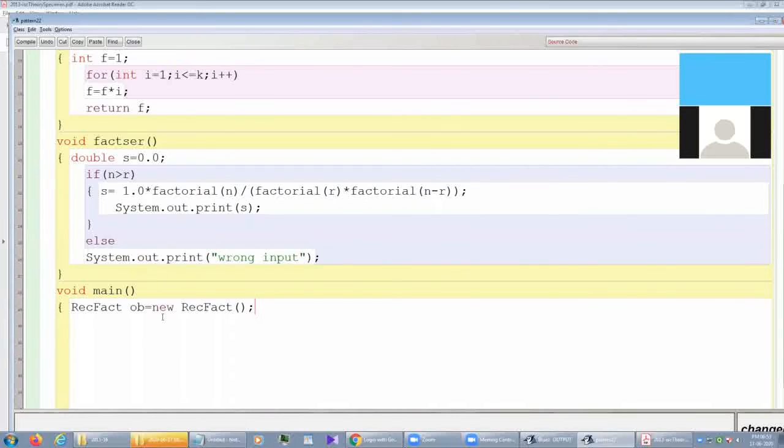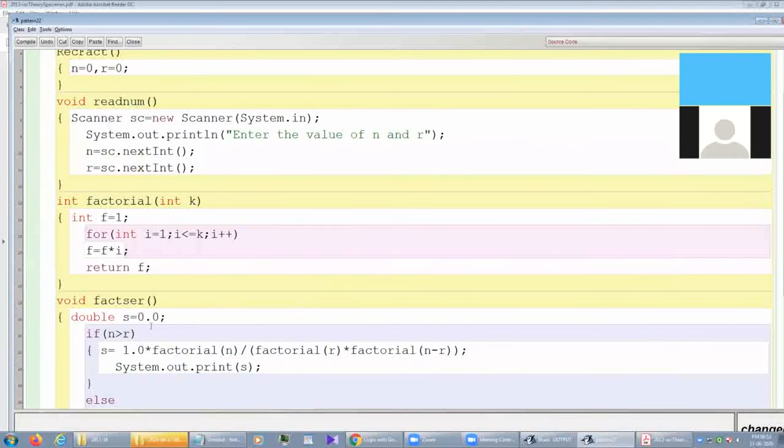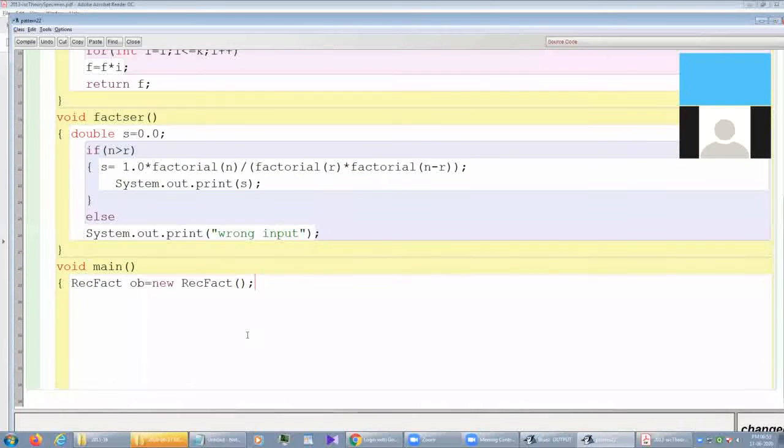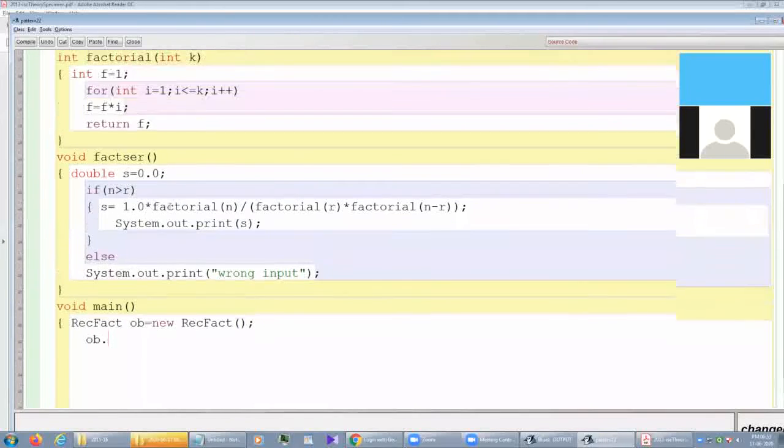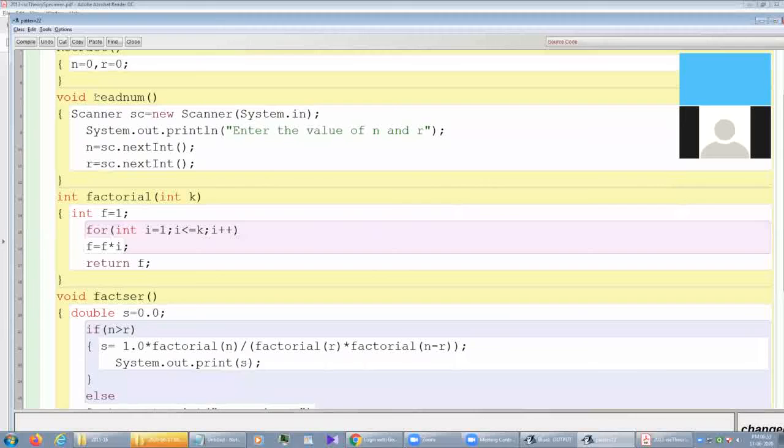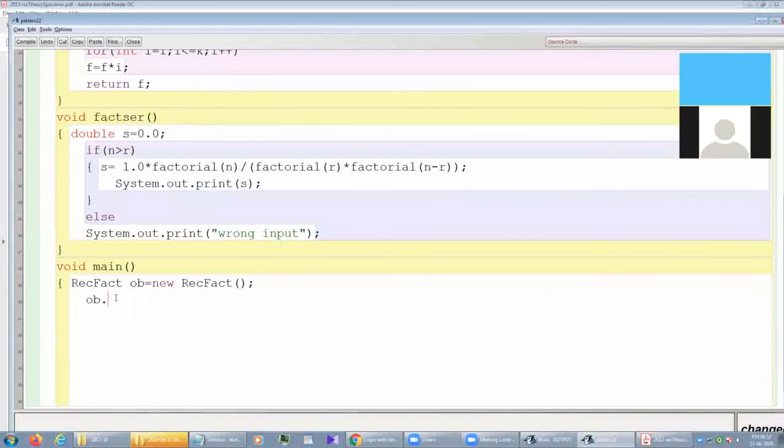Input is already taken here in void readnum. By creating the object we are going to call ob dot readnum. This method is being called, and input is being done.